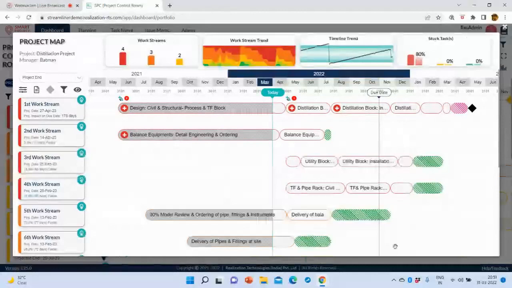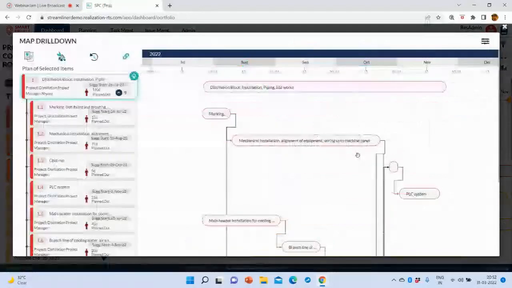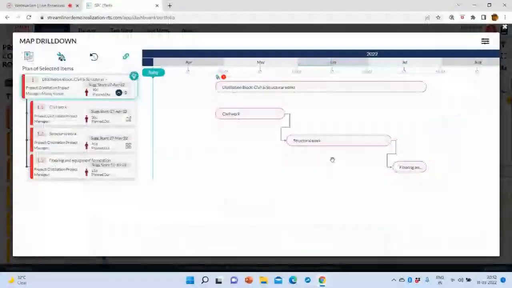Yeah, sure. So coming back to the unobvious integration point. If I look at the civil and structural works, you can see that we could have started the civil works right after we get the civil drawings, and then the structural drawings can come in late, right? So this is the unobvious integration point. This structural work requires both the civil work to get done and that structural drawing to come in and meet it here. So this is the unobvious integration point where logic